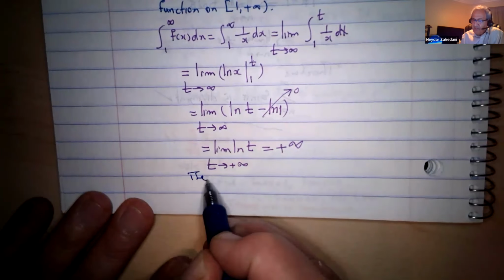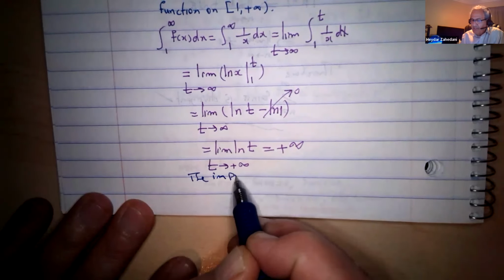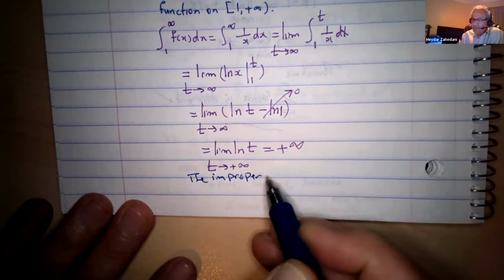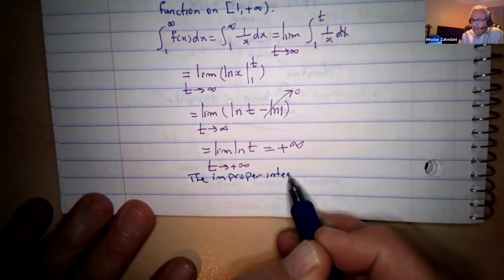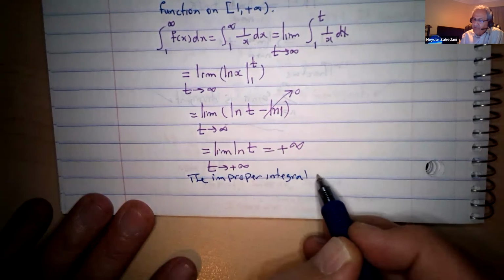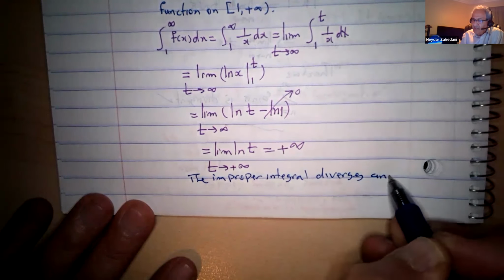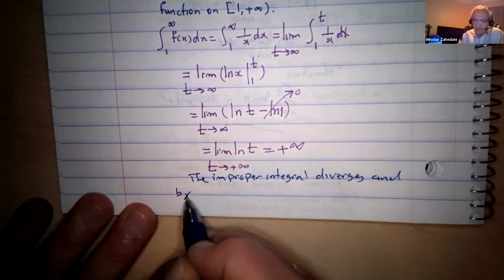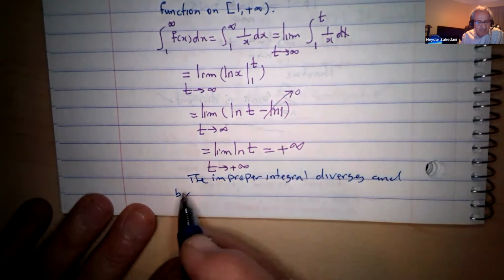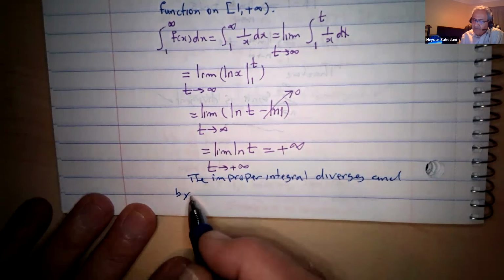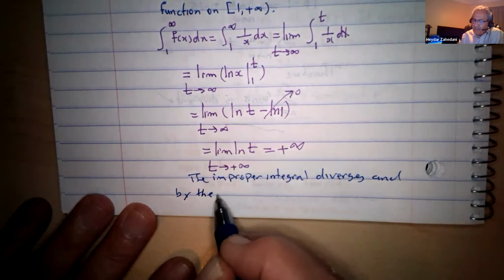Okay, so the improper integral diverges, and you can say that by the integral test. You have to mention the test, the name of the test. So by the integral test,